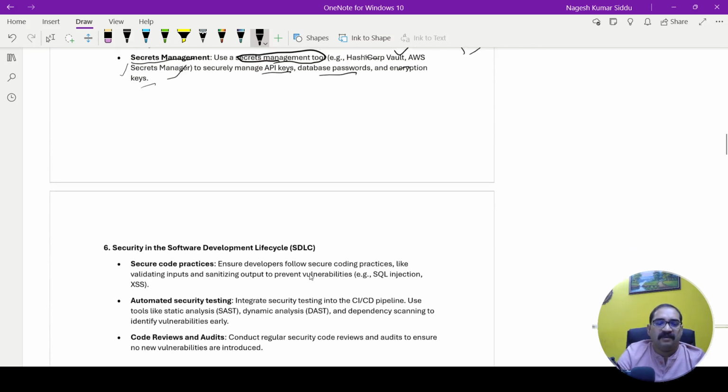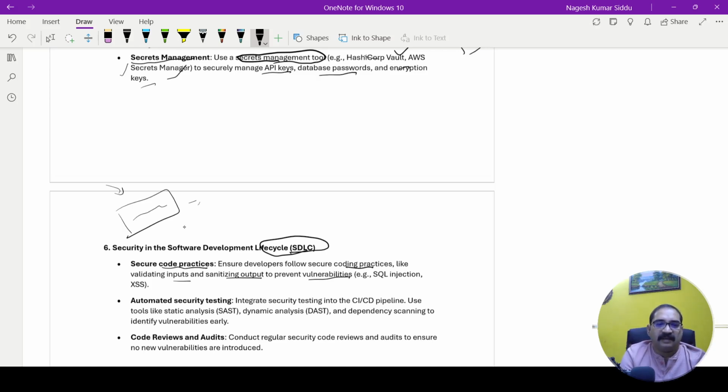Then we talk about security in the software development lifecycle. This is where the development process is also ensuring security. So the coding should ensure secure processes, ensure developers follow secure coding practices like validating inputs, sanitizing outputs to prevent vulnerabilities. So when developers write some code, if this is a text box, an input field, whatever is entered here